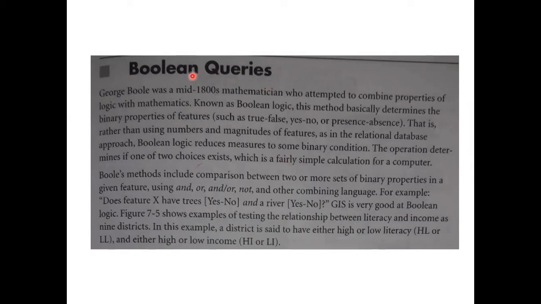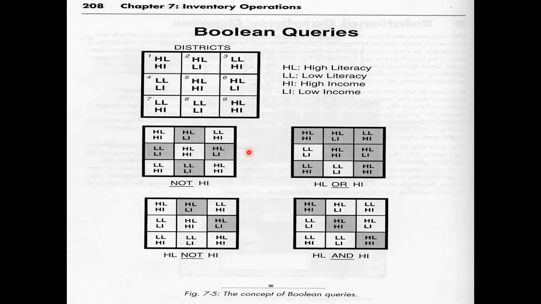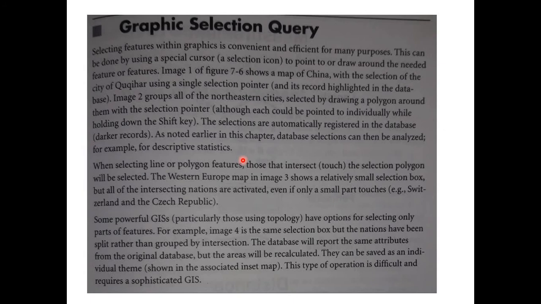We can also use Boolean expressions in GIS or DOS software or any programming language. Like here we have districts with high literacy, low literacy, high income, and low income. You can not only perform this in tables like an attribute table as we do in Excel files, but you can also perform some spatial analysis. I mean to say, you can see with respect to space, in which region we have high literacy or low literacy, or high income, low income.